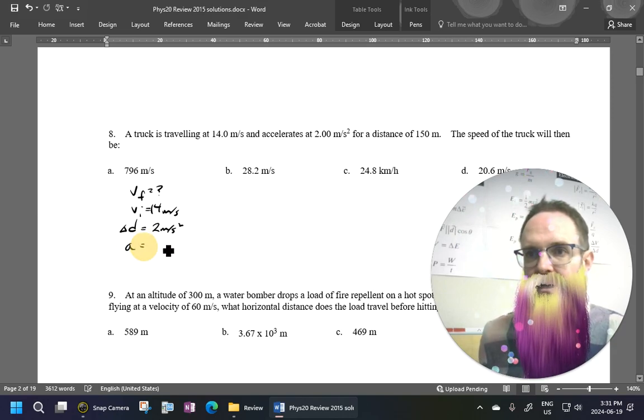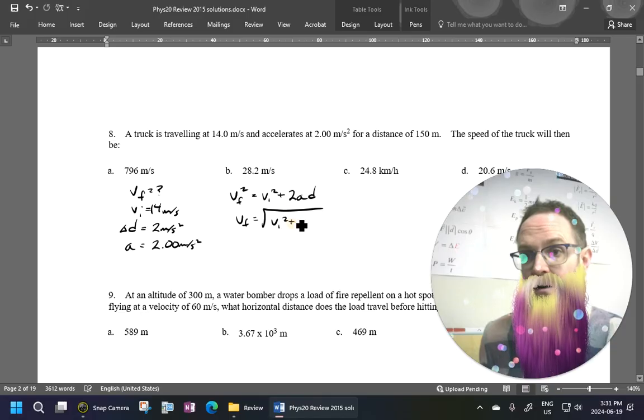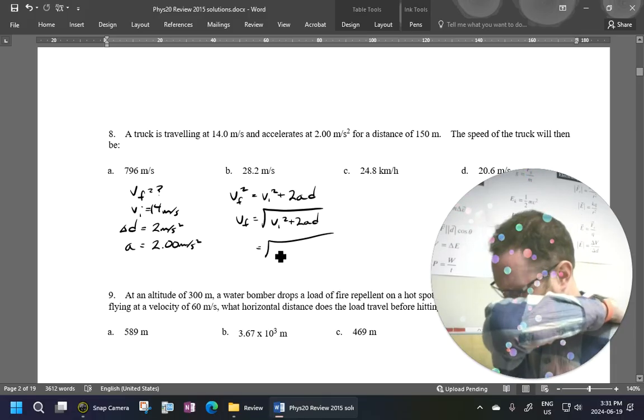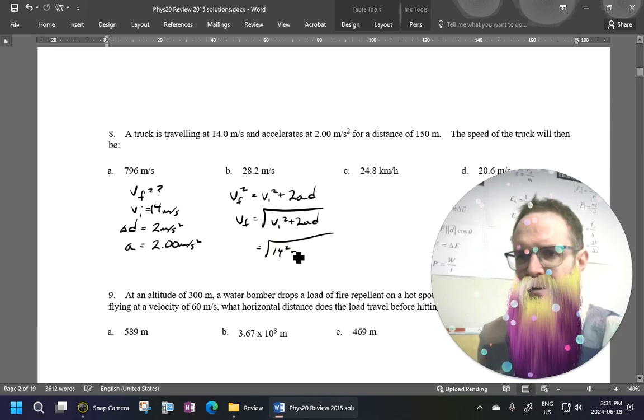And they give us an acceleration. It doesn't say it's slowing down, like a negative acceleration, or that the acceleration is in the opposite direction. We just want to find a good formula here. So this would be Vf squared is equal to Vi squared plus 2AD. You don't have to rearrange this one. You just take the square root of all of these numbers. Assuming that my units are good, we're all meters per second, so we're good there. So we have 14 squared plus 2 times 2